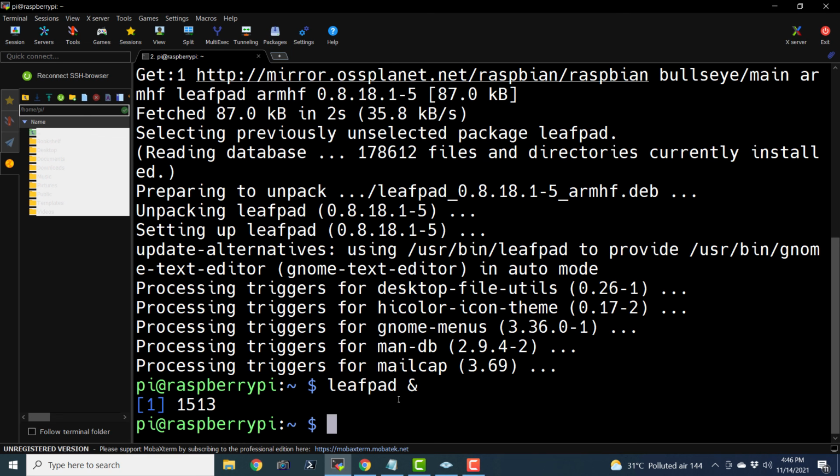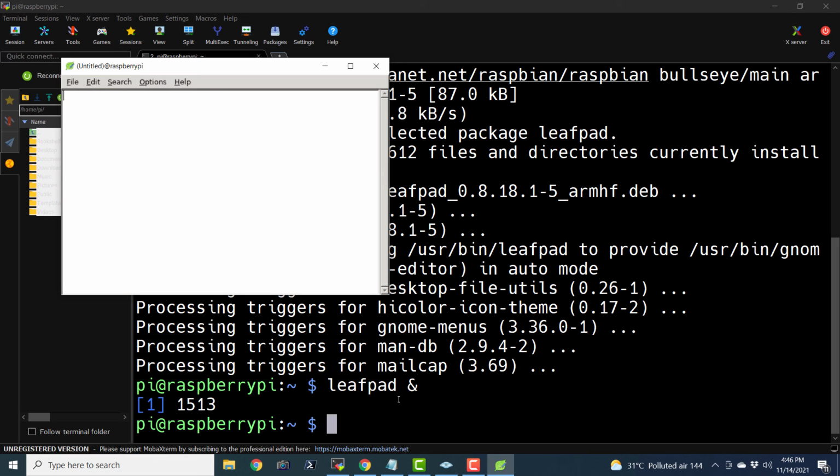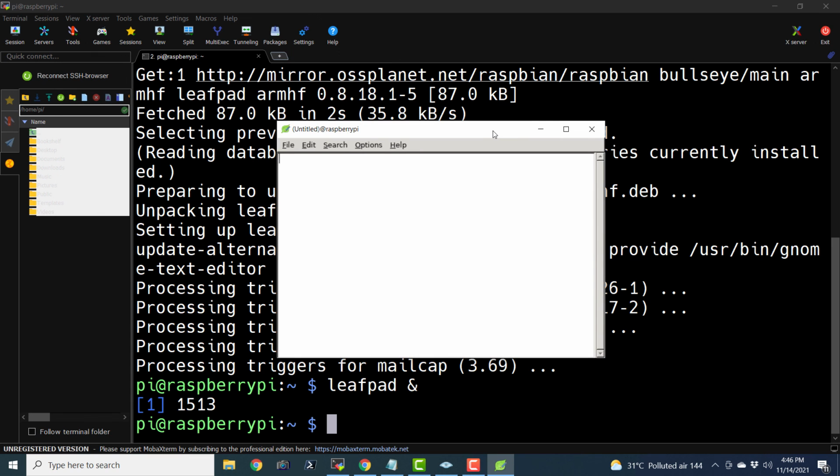enter. I had to do all this stuff in order to show you another program that we can access through X11 forwarding. Now you can see here it is saying untitled @Raspberry Pi, because this utility is running on Raspberry Pi and we are accessing the GUI of that utility through the X11 forwarding, again much like the earlier application console. But many people would have had the doubt that it is a console application, maybe it is running on this Windows system itself. That's why I didn't want you to be doubtful that X11 forwarding doesn't work. And you really don't have to do anything. I just showed you the procedure to enable it in case it is not enabled.